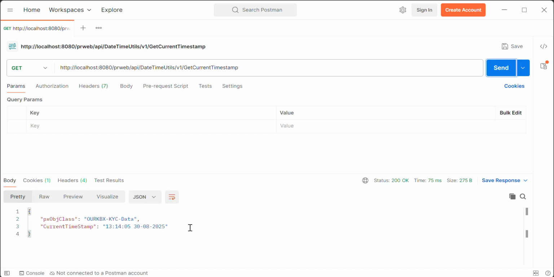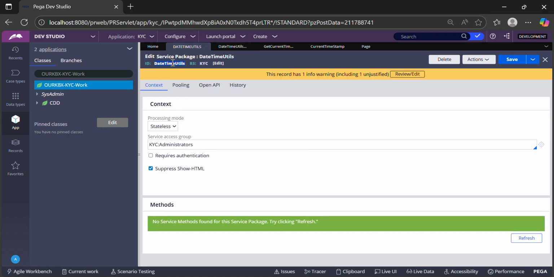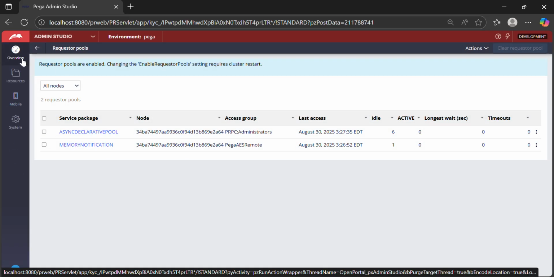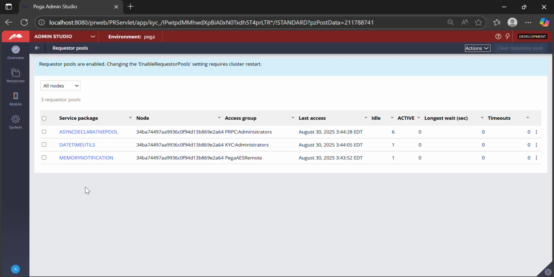And this is fine. This is just the basics about the service and service rates. This just verifies that it's working. Now we need to see how the requester pooling things work. Okay, so yeah, one interesting thing. Now, we created this datetime util service package. If I go to Admin Studio, on the landing page of Admin Studio, here under requester pools, we should see our service package. We do. You see, datetime utils, and here we see